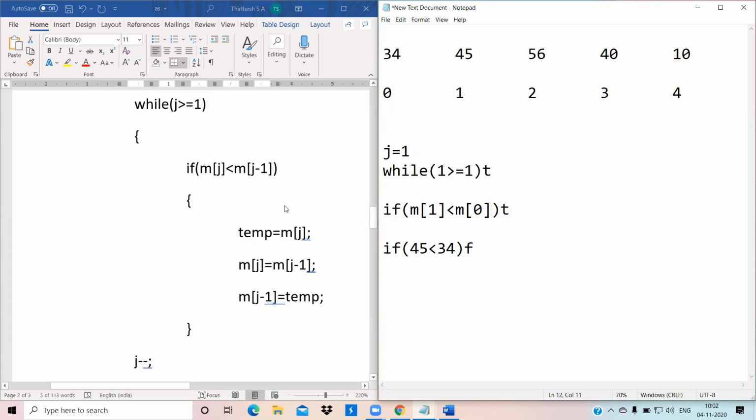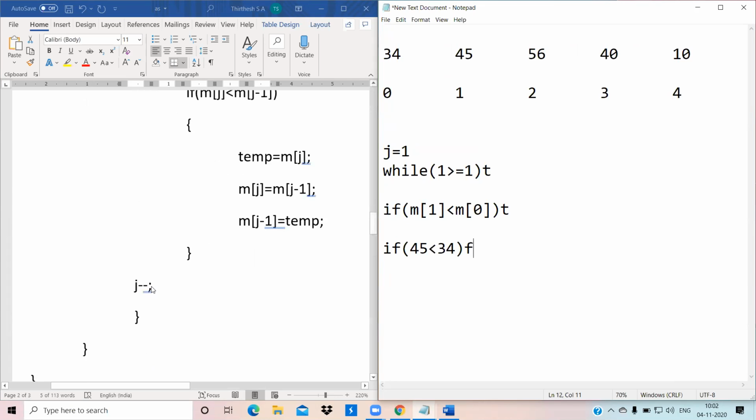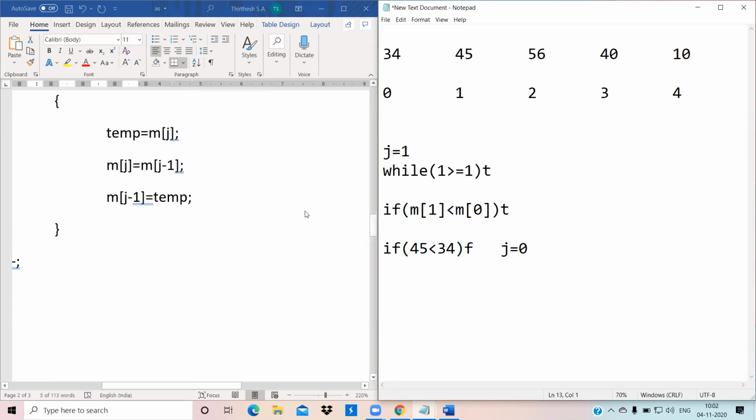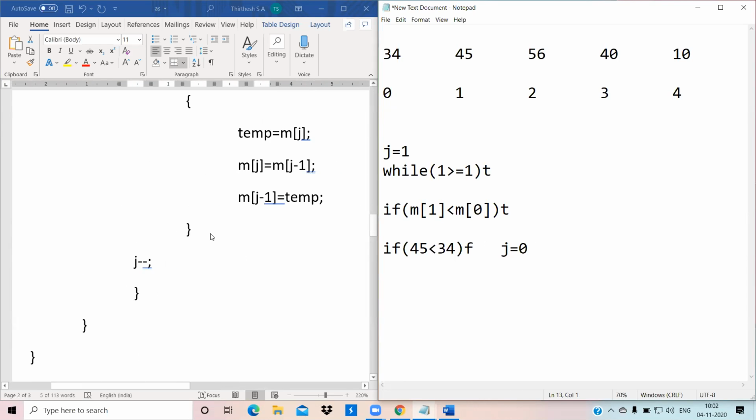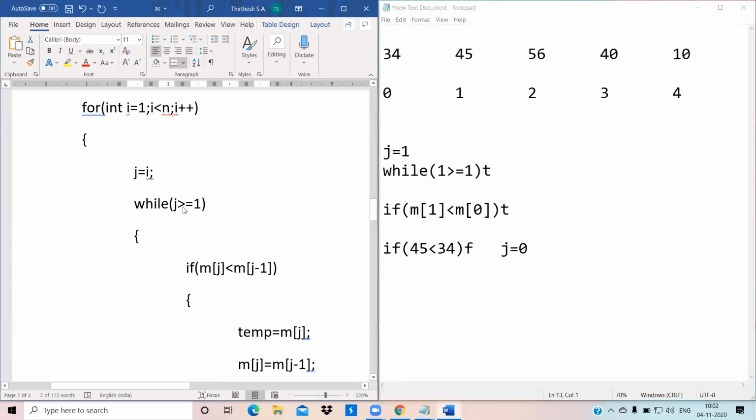Once it is false, what happens? j decrements. Previously j was 1, now j is equals to 0. Again it moves to the while loop. What does it say now?